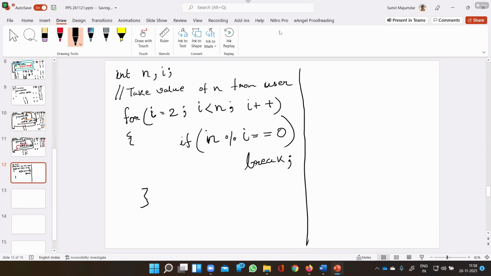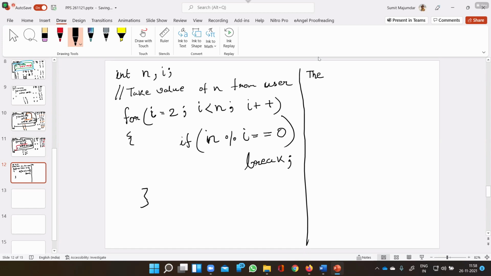Whatever you are saying is exactly correct, but we can express this in a better term. Anyone want to try? Sir, if the number is a prime number, it will not break. No, no. I am not asking that. I know that this is the code for the prime number, but my question is when the loop will be terminated, either forcefully or naturally.